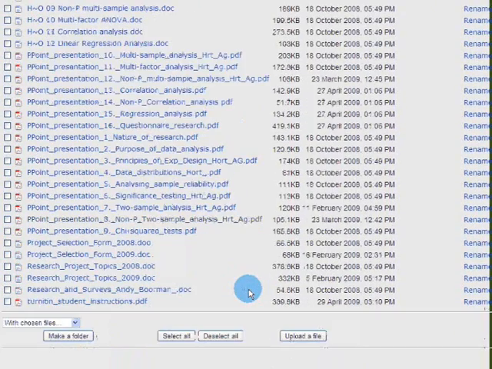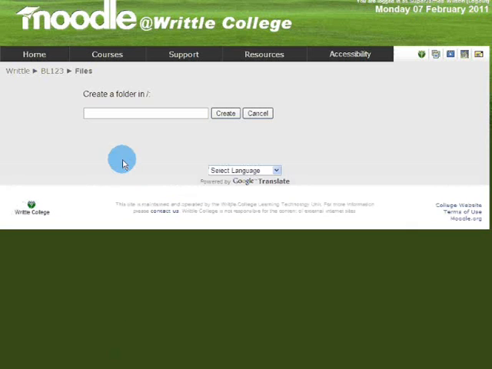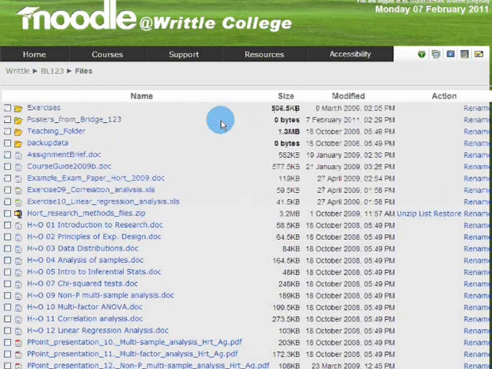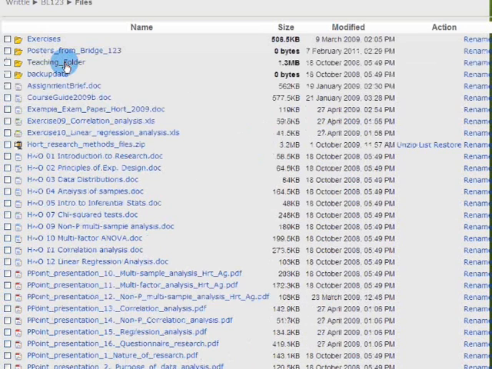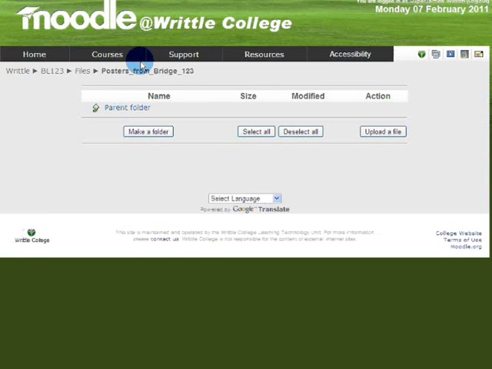I think it's far better that before you upload it, you actually create a folder, because it's good to remind yourself of where you've got these materials from and what they form and what they refer to. So I'm going to call it posters from bridge 123, which was the name of the module I'm taking the posters from. So posters from bridge 123. I'm going to create that folder. There it is, and I'm going to open that folder,